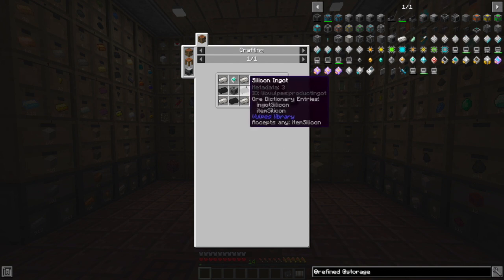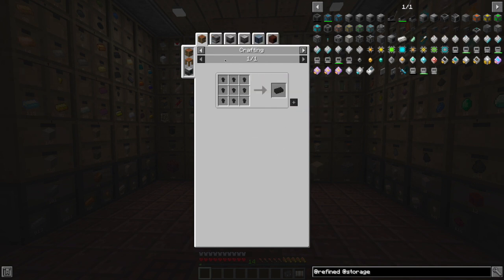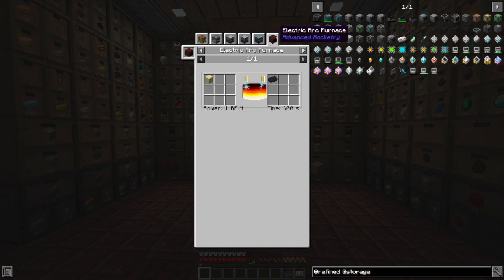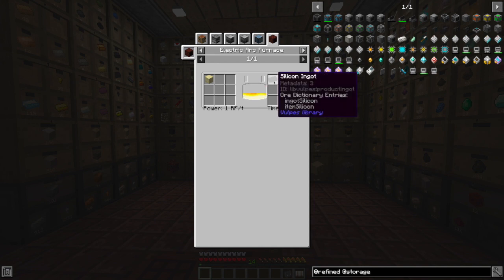The other thing I need is silicon ingots. And the only way to get these things, apart from silly recipes like this, which are just moving around different pieces of them, is really this electric arc furnace. You take one piece of sand, power it with 1 RF per tick, so not terribly expensive, but here's the problem. To get even a single ingot, and it only makes one at a time, you need to wait